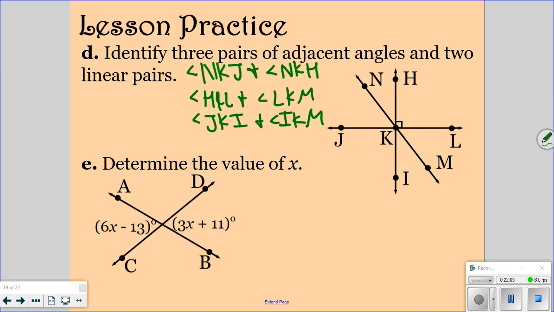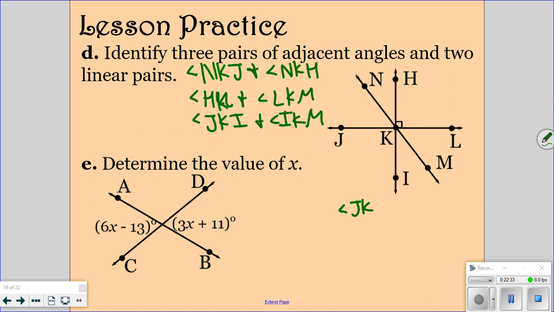This should be a K here. HKL and LKM, those are adjacent. And then JKI and IKM, those are adjacent. So those are 3 examples. There are lots of them. So you may not have those, you probably don't have those as your answers, but maybe you have one of those pairs. For linear pairs,